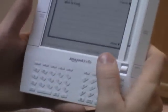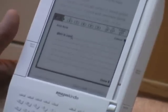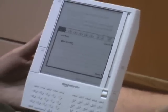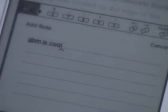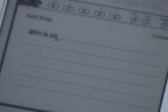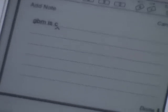Okay. Now I'm going to zoom in on this part so you can watch the response rate of my typing, and hopefully you'll be able to hear it. I'm going to see if I can find the backspace key. There it is. There's the backspace key. Okay, so now I'm going to go ahead and backspace. You see, I'm going to do backspace again. Backspace. Now it's gone. Backspace. Now it's gone. You can tell it's a little bit slow. Backspace. And let's go ahead and type cool. Okay. So we'll do space,